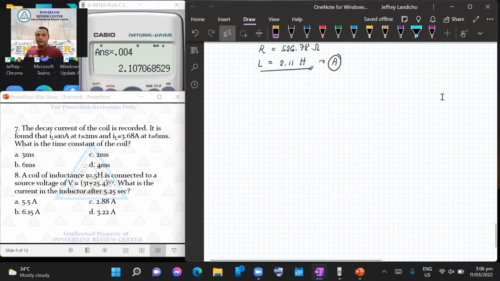Okay, so let us continue. So let us try number 7. No? So decay naman. So again, we have a coil, so RL. So ano naman pinagkaiba ng ating decay? So kanina, kay initiations, we may consider that the current in the given circuit increases. So now, from the term itself, decay, so yung ating behavior,